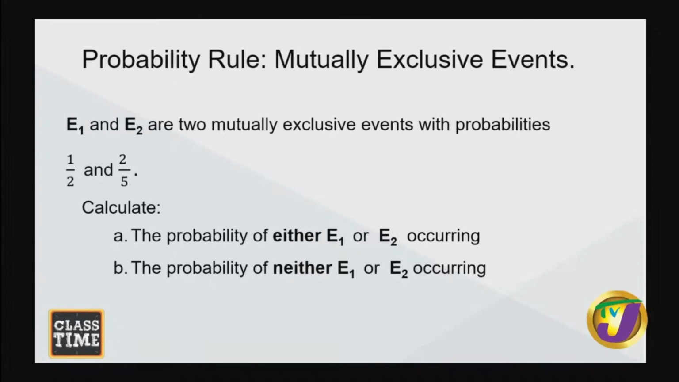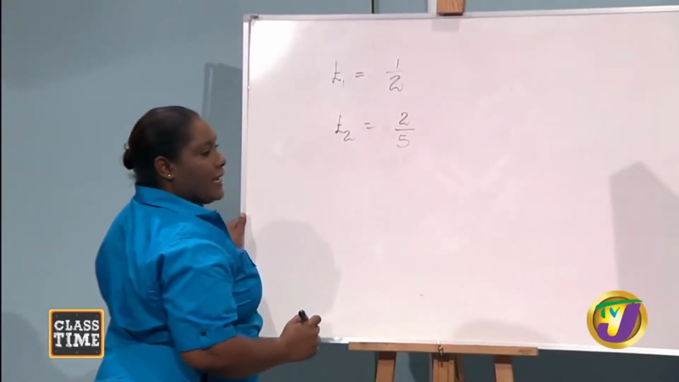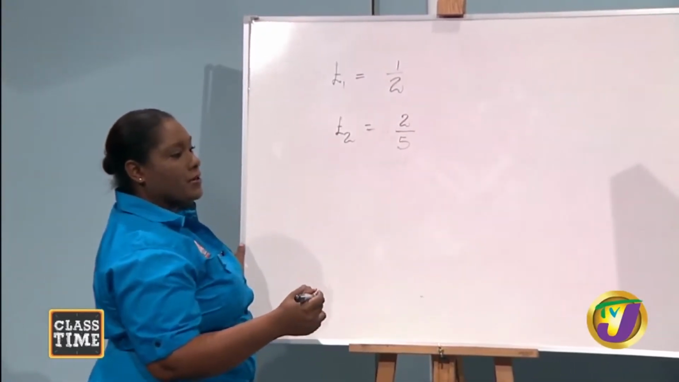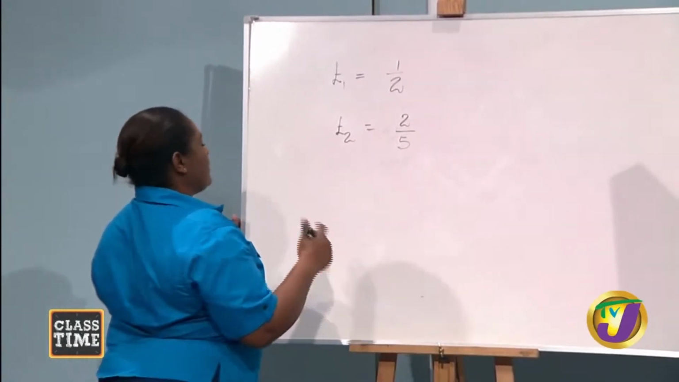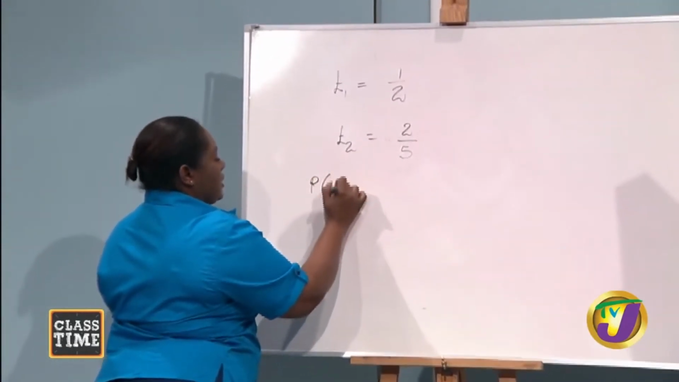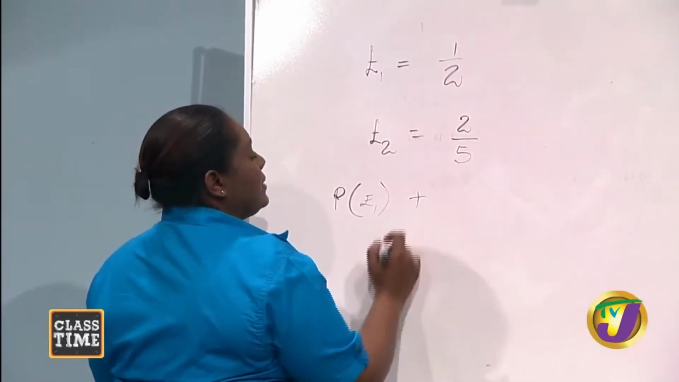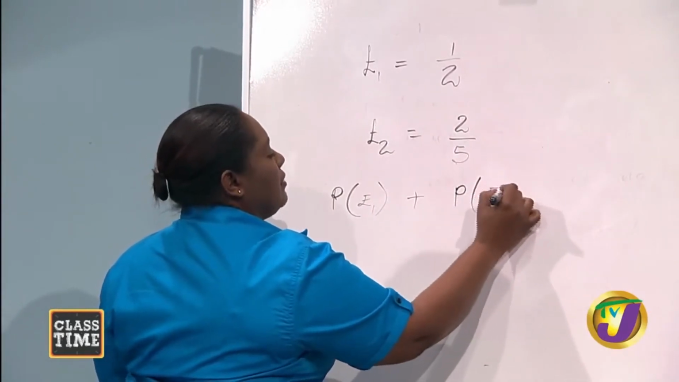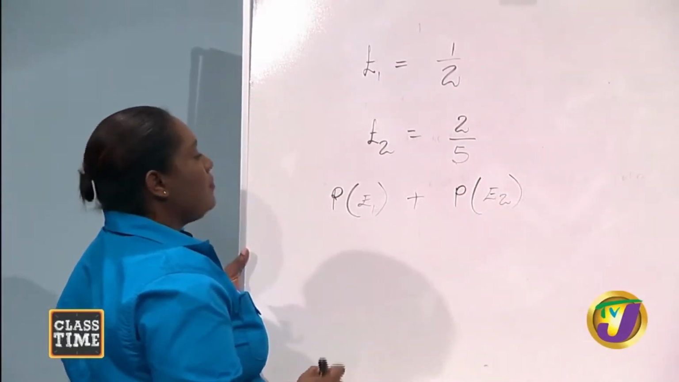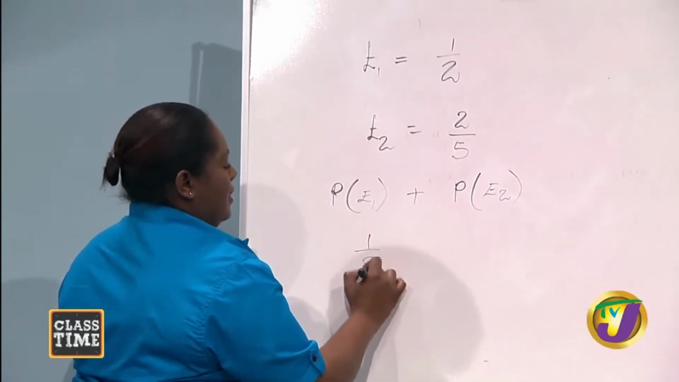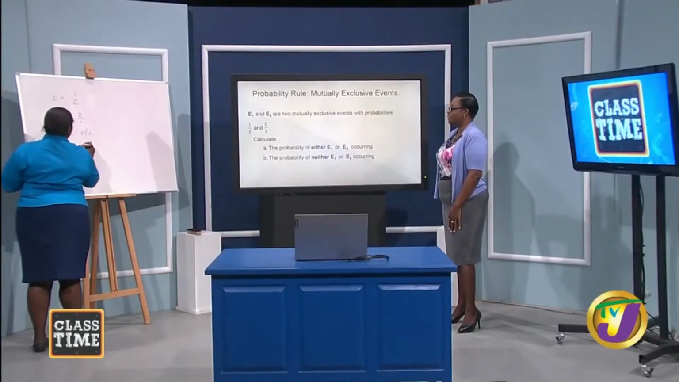Yes, application. So, event 1 has a probability of 1/2, and event 2 has 2/5. And we need to find the probability of either event 1 or event 2 occurring. So the generalized approach would be the probability of event 1 added to the probability of event 2. Event 1 is one half, and event 2 is